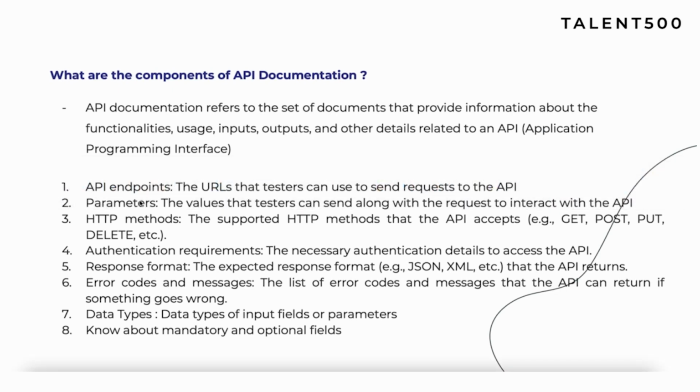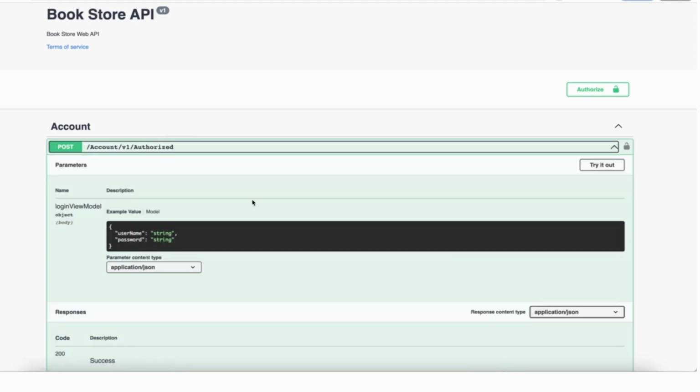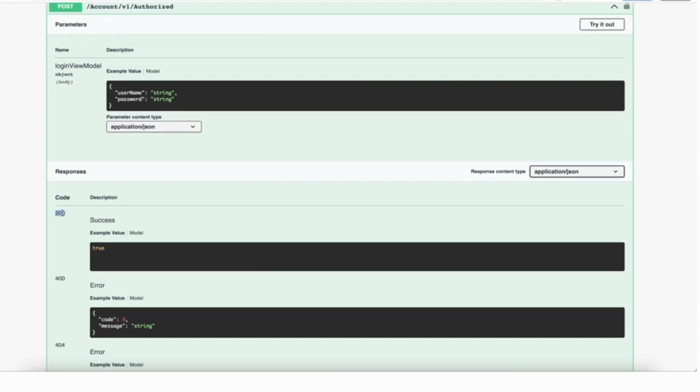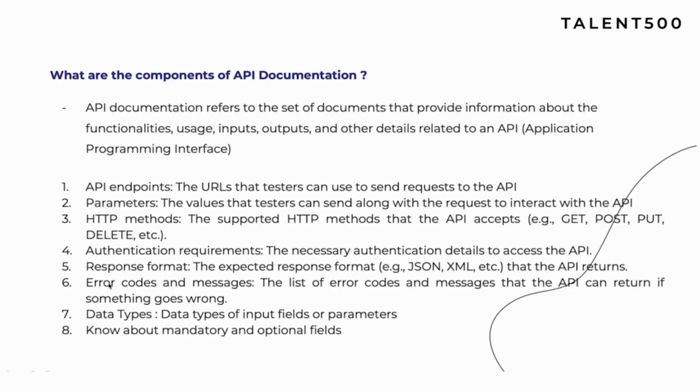Point 6, error code and messages, 100%. If you can see over here, let me take you back. So now there's the status code. If you notice, they have mentioned over here the status code. What is the status code? 200 for success, 400 for error, 404 for error. And they will also inform you what kind of error code or messages you will get. This is the error code, this is the error message. This is the error code, this is the error. So this is the kind of thing you are going to expect from your responses. That is nothing but your point number 6, error code and messages, the list of error codes and messages that the API can return if something goes wrong,